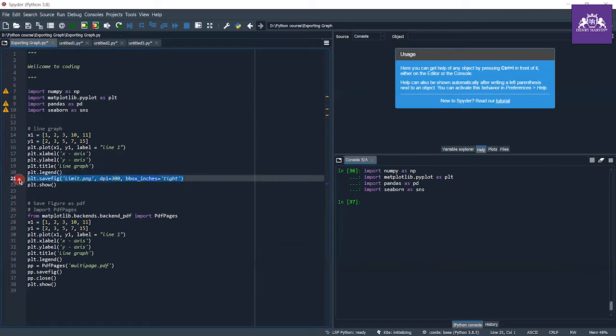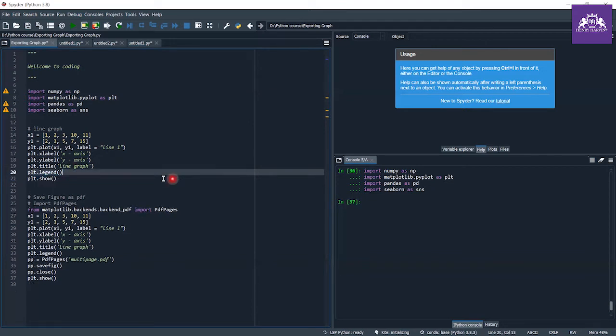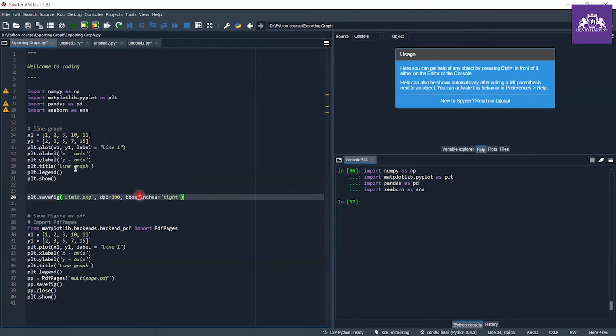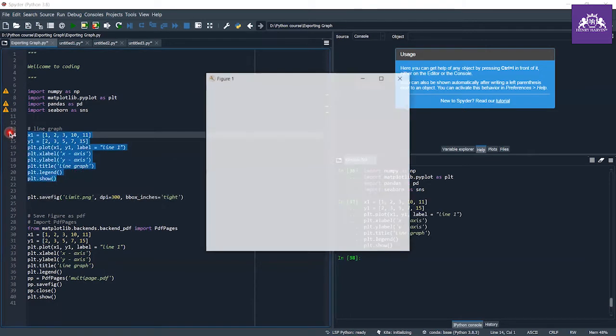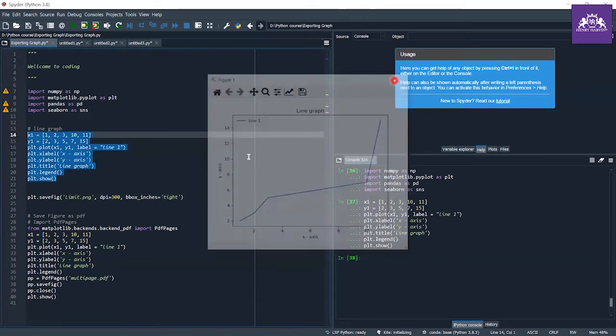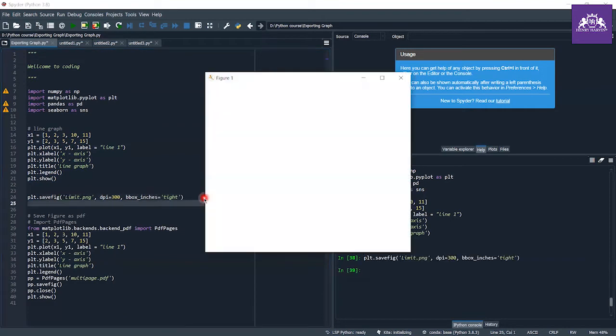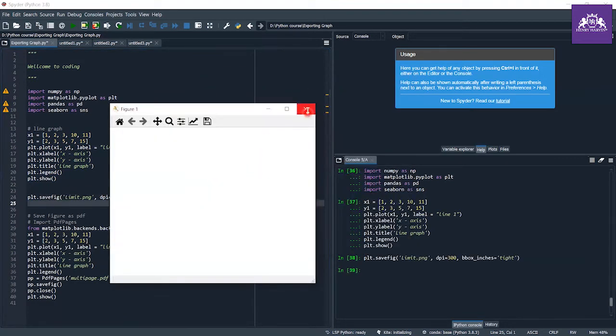So keep in mind when you are executing this, saving this plot, you have to keep this command just before the plt.show or in between it, because if you execute this after showing the plot, then through this you just save a blank figure in your directory.